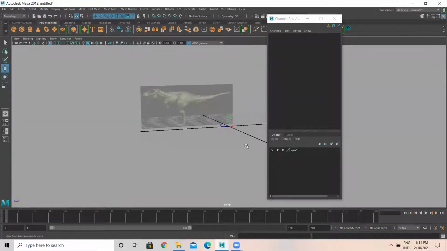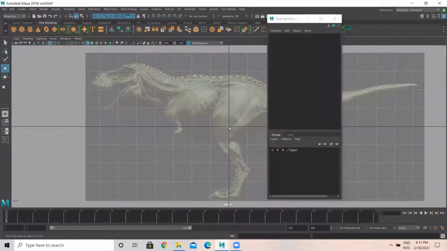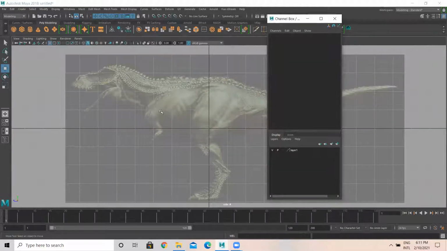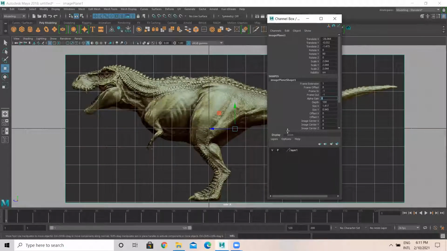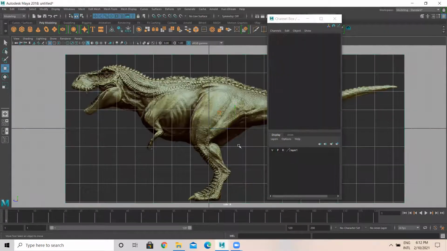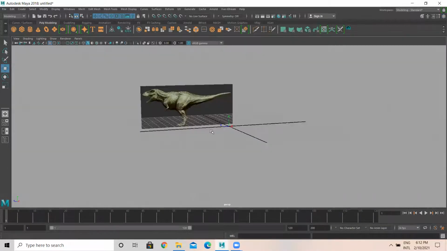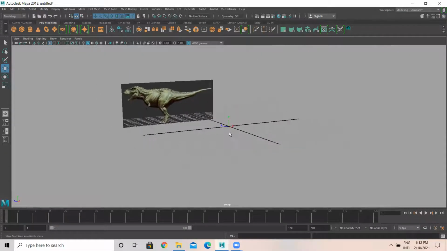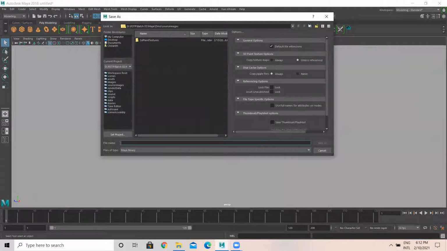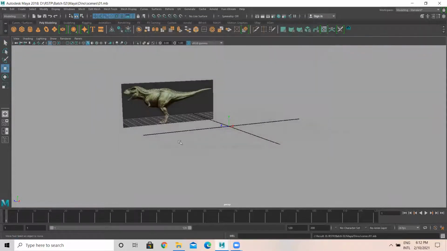So if I go to side view, I can see something like this. If you select alpha again and make it 1, it looks like this. Let it be in reference mode. It's in reference mode now. So this is how you set the image plane. Any doubts? No, sir. Save this. When I save, make sure you are saving inside scenes. I'm doing an incremental save, one after the other.